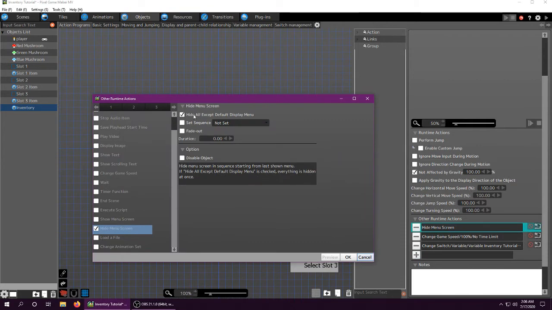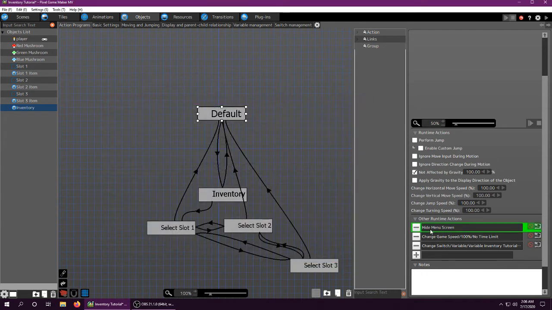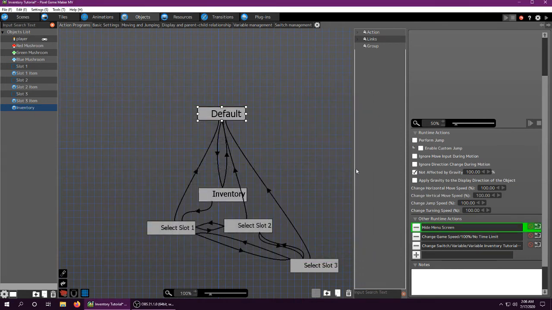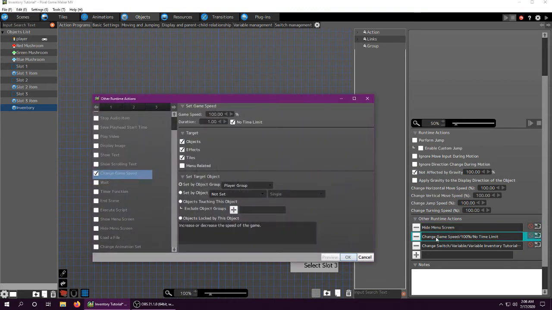So we're going to hide menu, hide all except default. If you don't have this checked, it says it will just hide the last one shown, which should still be the inventory, but maybe you're making a super advanced one, so be careful if you uncheck that. Be careful if you do check it and have other ones. Just know that that could be the cause of your issues if you're having a menu disappear that you don't want to disappear. We're going to change game speed 100%,